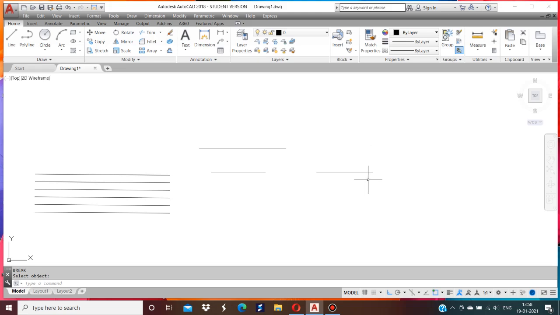Now I will explain how to use the extend command. So draw a line. Here I am drawing a vertical line. I want to extend this line. Type EX, select object, enter, select the horizontal line. The vertical line acts as a boundary. Once this boundary object is selected, the horizontal line will extend up to this boundary. Now I will explain another example.